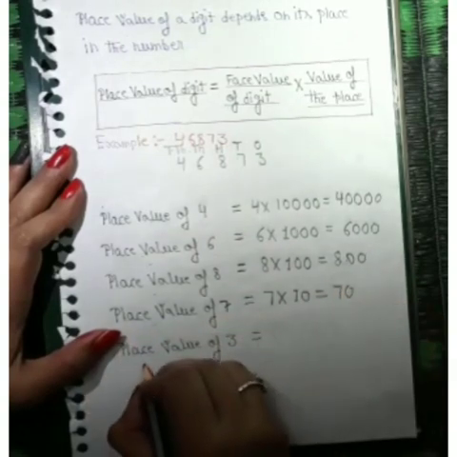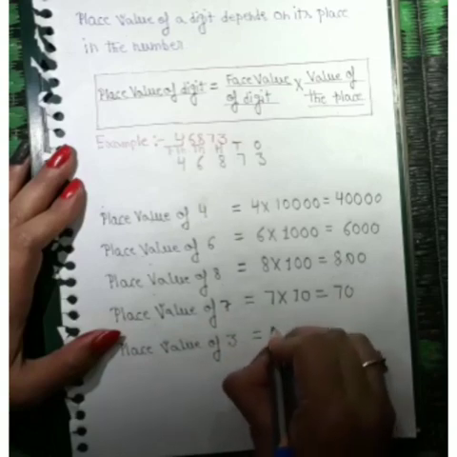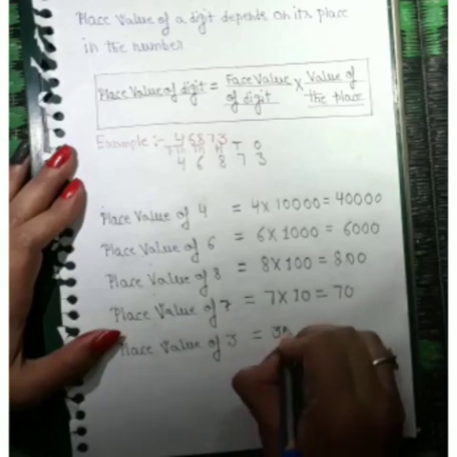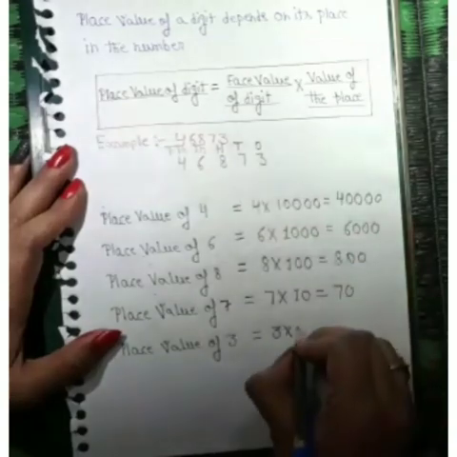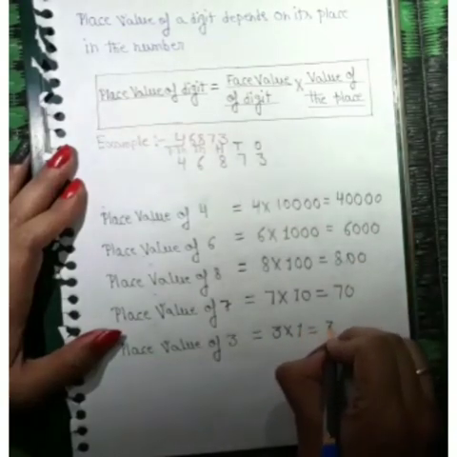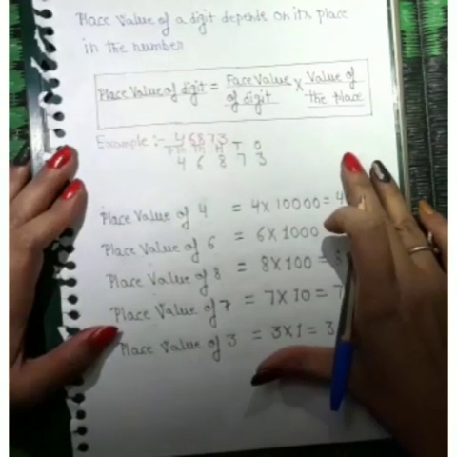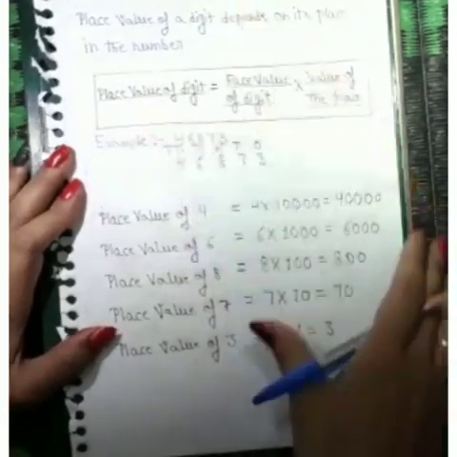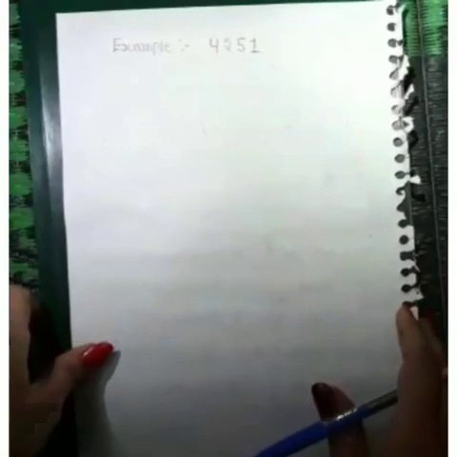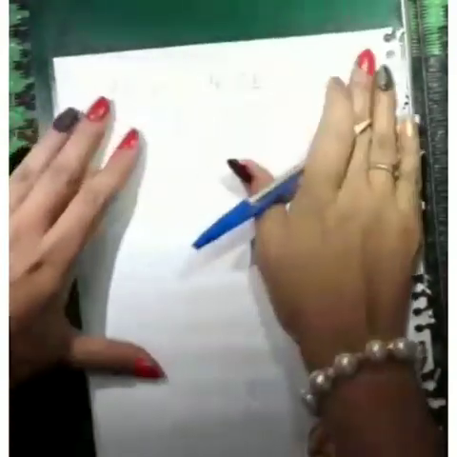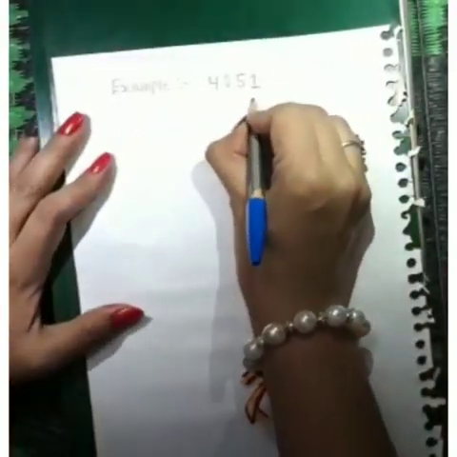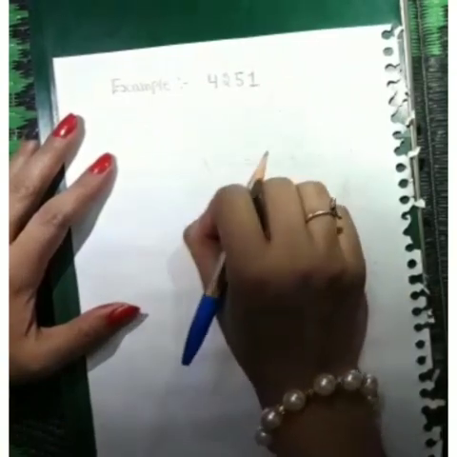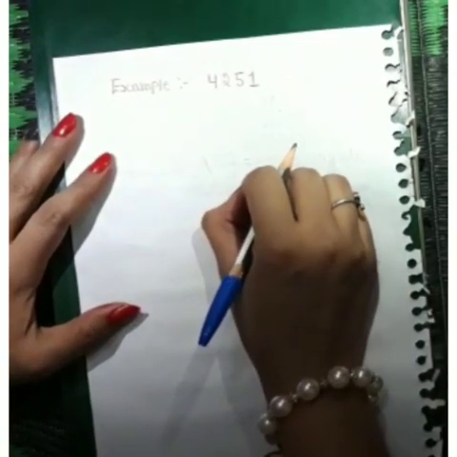Now we have place value of 3. The place value of 3 is face value of 3 into value of the place, that is ones. So this is the method to find out the place value of any digit. Here I am taking one more example. Here we have 4251. In this I will tell you one more method to find out the place value of